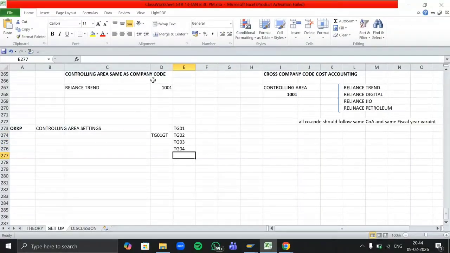There can be chances that TG01 is of India, TG02 is of USA, TG03 is of Germany, and TG04 is located in UK. Now if you want a consolidation report for your parent company, the system will generate a report in which currency? We have four currencies here.